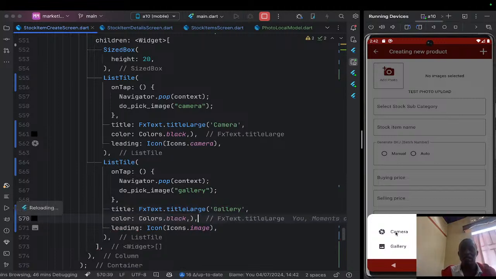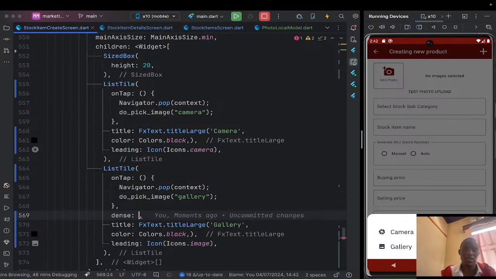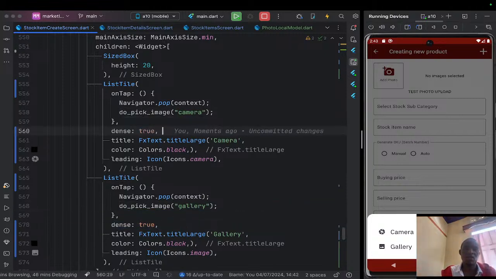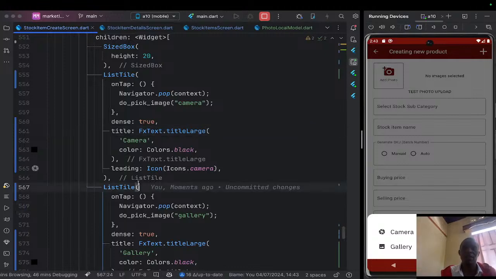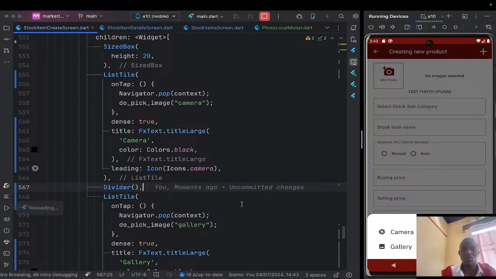Yeah, like that. So let's see how it got here, what we've got, and then I can say is dense and make it true, and also come here and make it dense, make it drop. Just working with the user interface, it looks much cleaner. And come and make it maybe here. Let's see if the divider will work for us. You see,